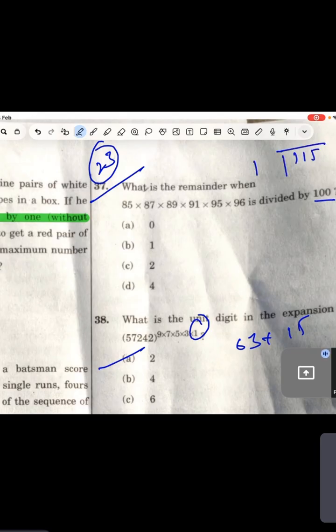So guys, if I write this as 115 and divide by 100, what will be the remainder? 5, because of the unit digit. So guys, there is a 5 and there is a 6. 5 times 6 is 30. So it means the 0 will definitely come in the unit digit. So 0 will be the remainder. You guys are not satisfied.